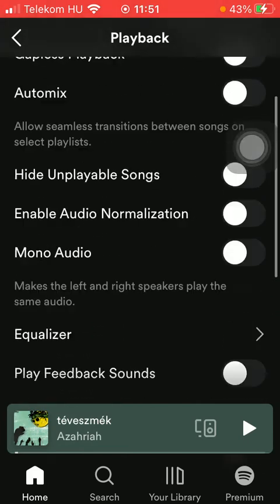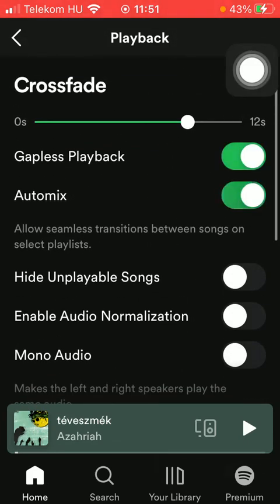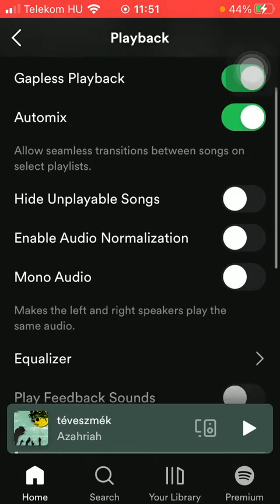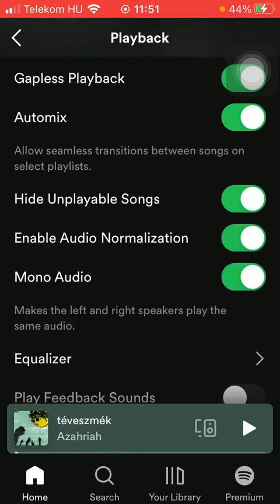the gapless playback function, automix function, meaning that it will allow seamless transition between songs on the selected playlists. Then you can also turn on this function which will hide the unplayable songs. You can also enable audio normalization, the mono audio function, which means that it makes the left and right speakers